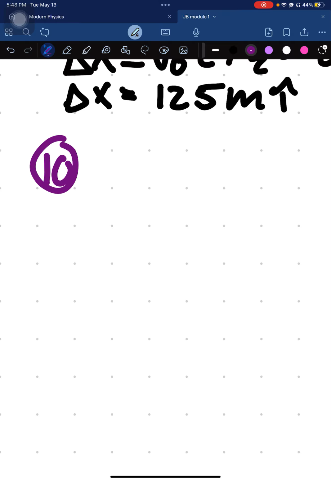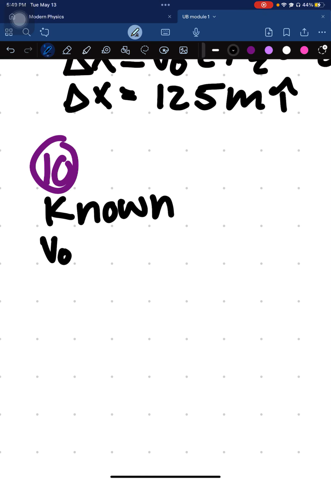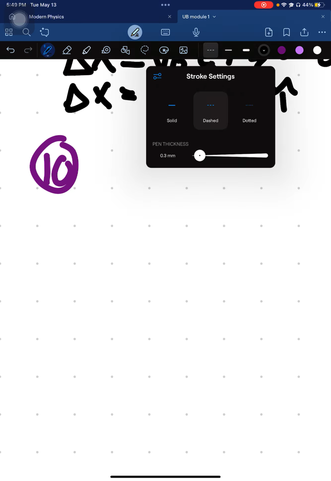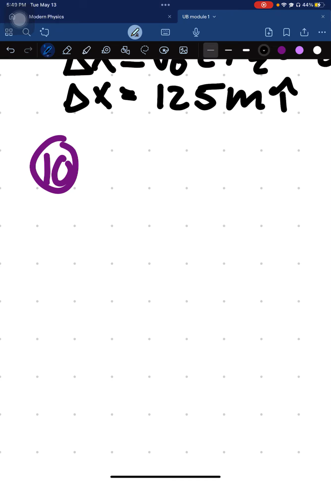Okay, so for this one, I am going to, again, write down my knowns. And I know that v naught equals 30 meters per second. And I'm going to go ahead and really quick rewrite this, but I find it easier to write with this thinner one, so I'm going to go ahead and do that. And hopefully it'll help with viewing, and you can still see it. 30 meters per second. Also, my pencil kind of skips sometimes, so I'm sorry if you're seeing some